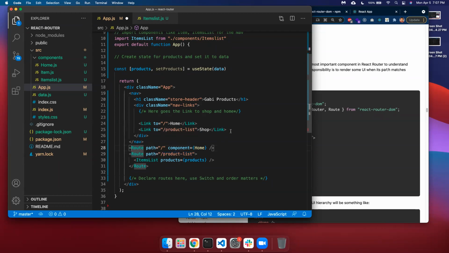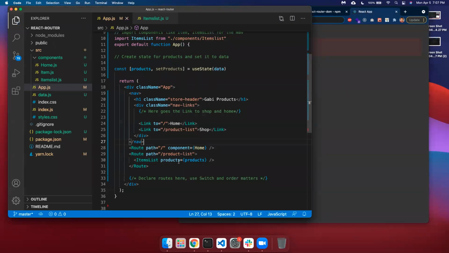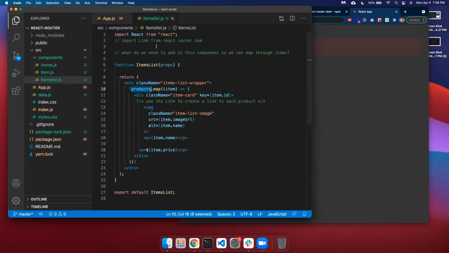So we're basically saying, route is asking, is there any link that matches /products list? Yes, we have that. It's right here. And then it says, when you click that, then render this. That's basically what it's saying. So route is like an if statement. So if we go back to our product,